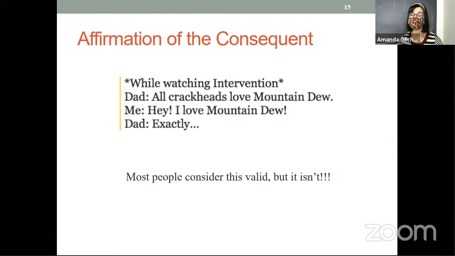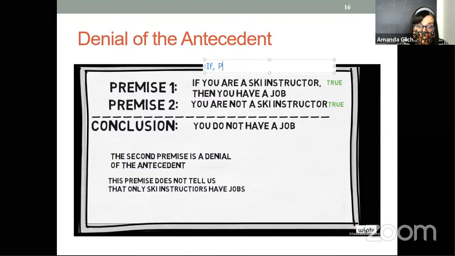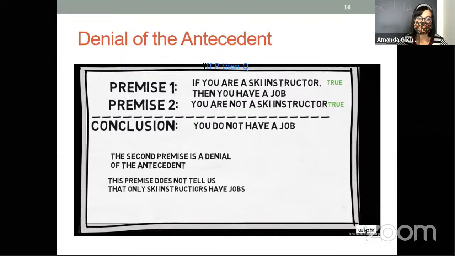Now, here's an easier way to see an invalid argument. We're going to talk about something called the denial of the antecedent. So again, I will put this in a form that will help. If P, then Q. P is our antecedent. Q is our consequent. So the denial of the antecedent basically